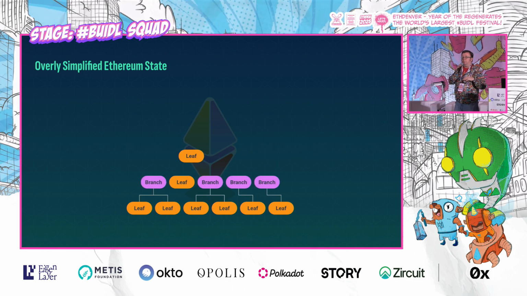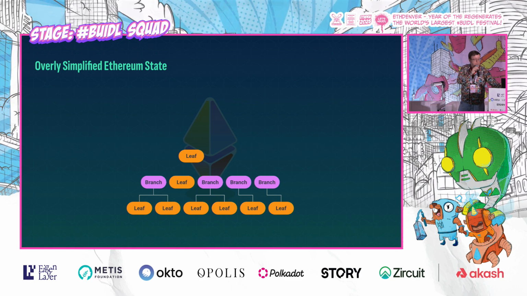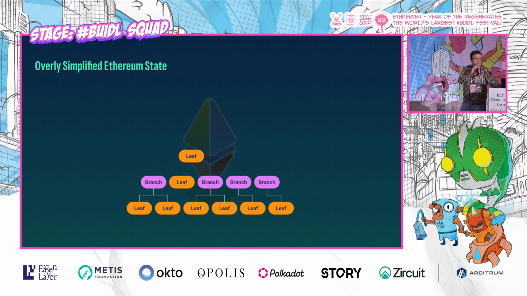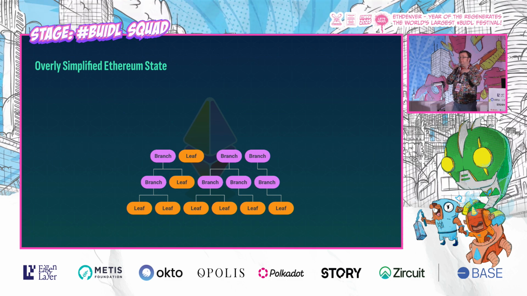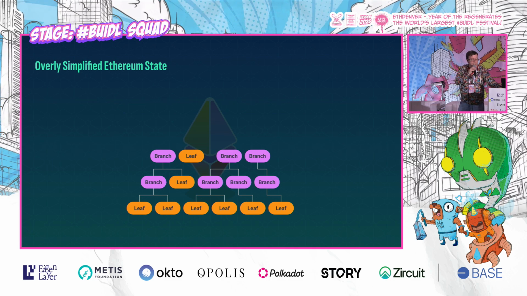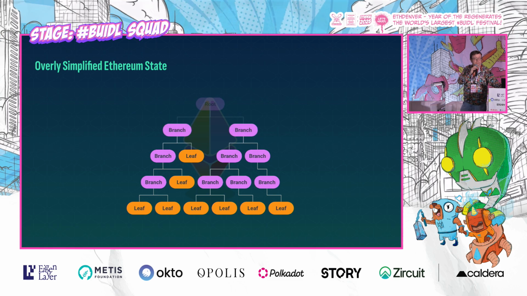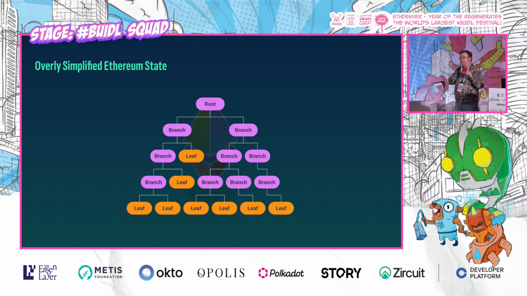So we do something called a Merkle tree. We hash these values together as we go up in levels. The first level will hash the lowest level of leaves, and we'll get a branch value that represents that. There's fewer of those. When we go up the next level, there might be a leaf in addition to some of those branches. We wind up with fewer values. And we keep going up, and we keep hashing these branches together using a hash function until finally we get one number that represents the state of the Ethereum network.